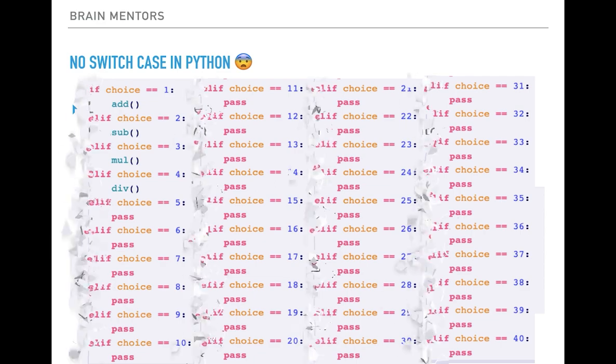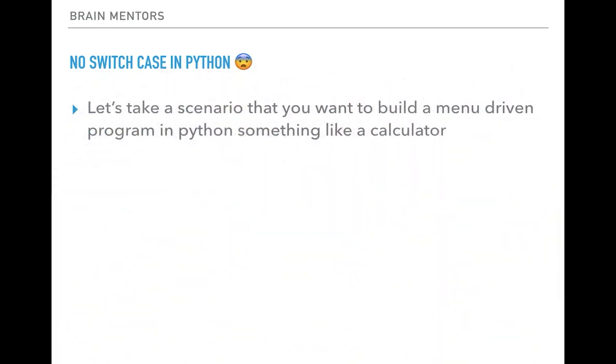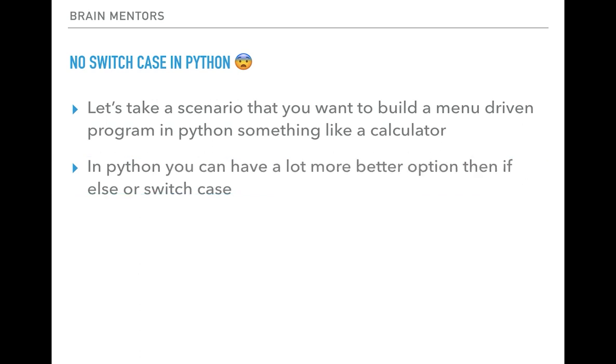Python has given us better ways to perform these things, even if we don't have switch case in here, and you don't need to use if else also. So we have got two different ways here to perform the same things without using if else or switch case. One is list and the other one is dictionary. Both of these ways are very good. Dictionary is a little bit better because it has another benefit that it can handle errors also.